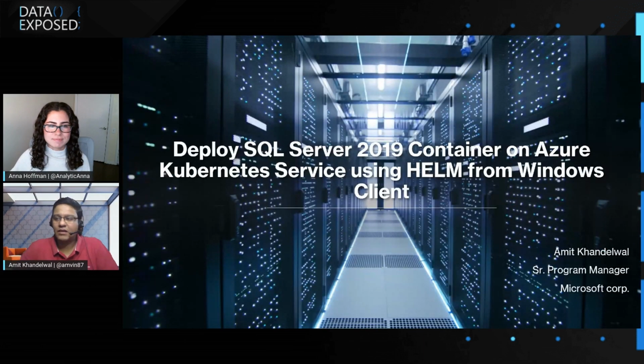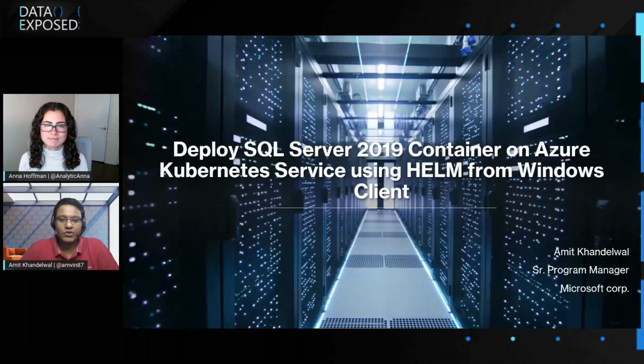Absolutely. So as you rightly said, Anna, Helm is basically the package manager for Kubernetes itself. And when we are talking today about deploying SQL Server containers in a Kubernetes environment, we really cannot be away from using Helm, because it basically eases a lot of deployment options.